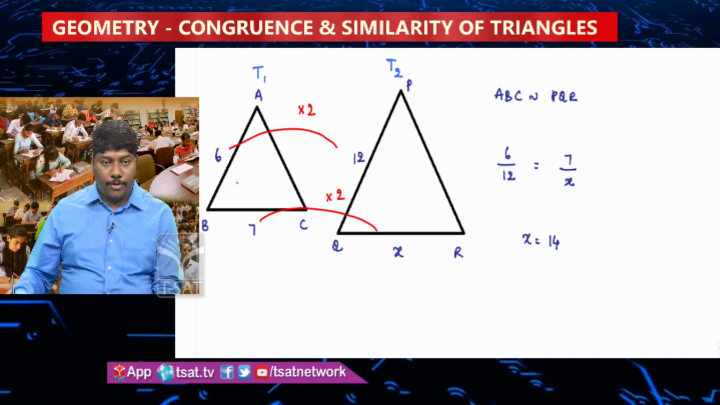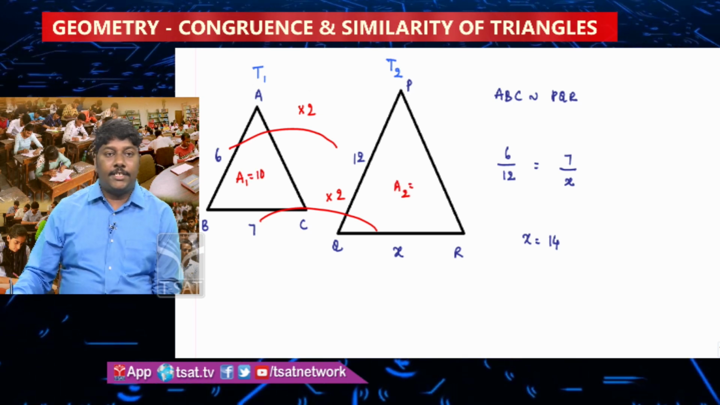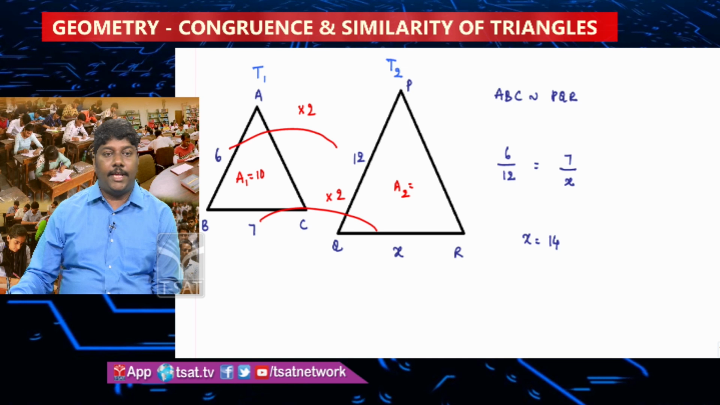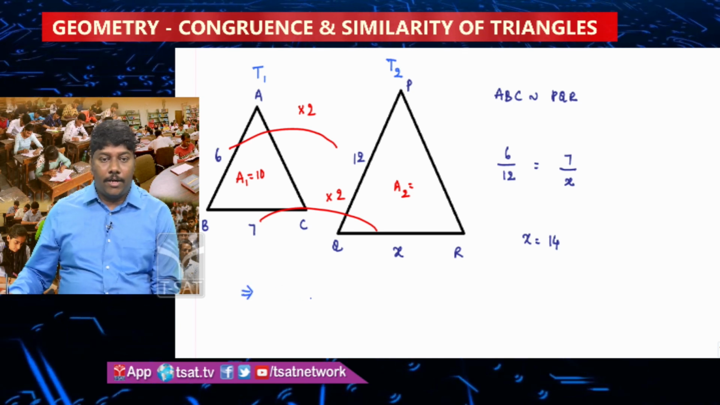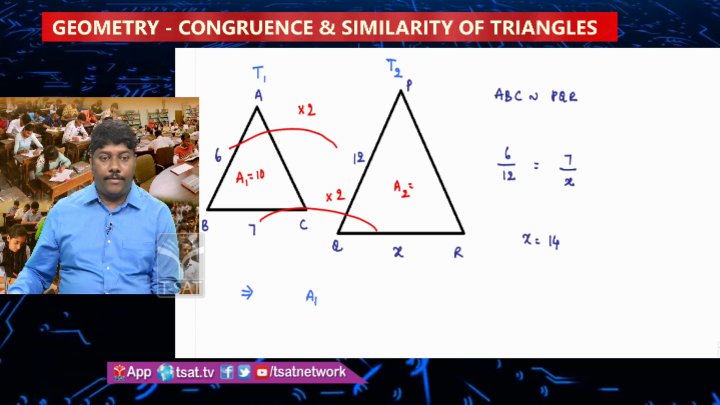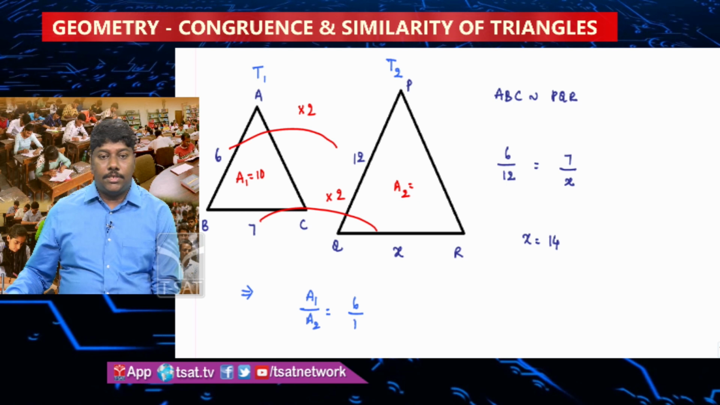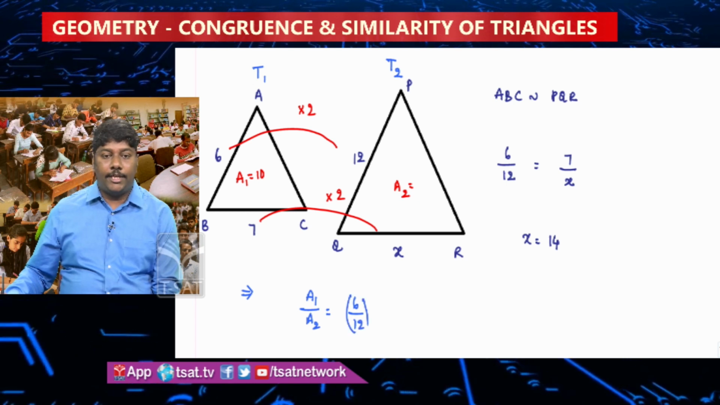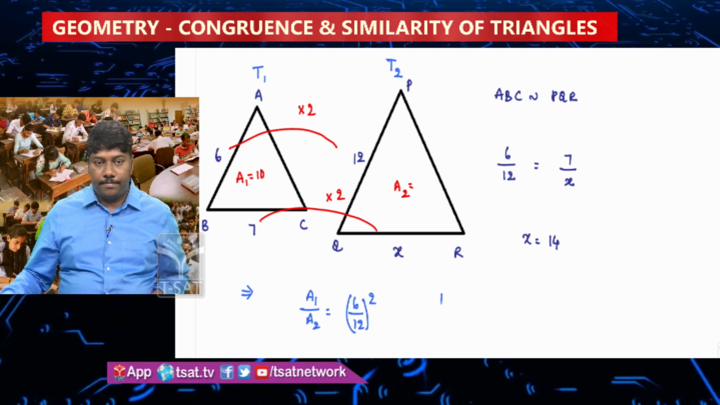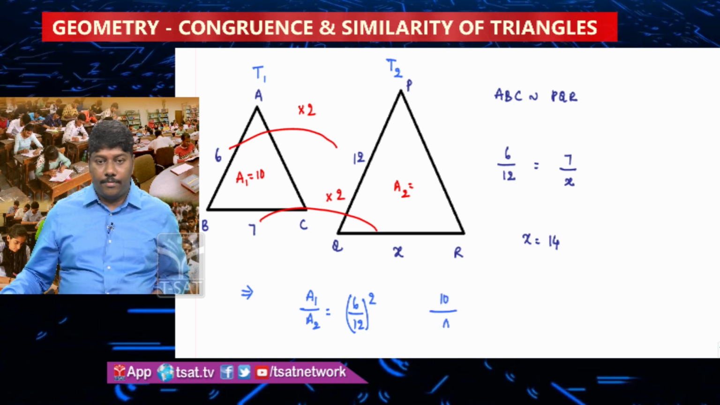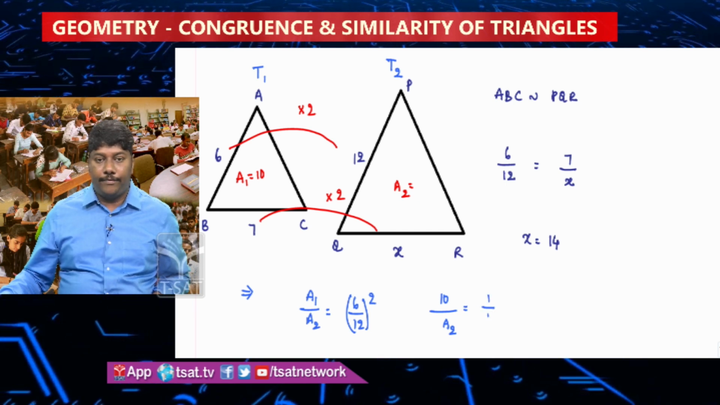14. Suppose area 1 is equal to 10, then what is area 2? Their sides ratio is 1:2, which means their areas ratio will be 1:4. Remember, or else if you look at the formula, area 1 by area 2 is equal to side 1 by side 2 whole square. 6 by 12, any known sides you take and square it. So area 1 is 10